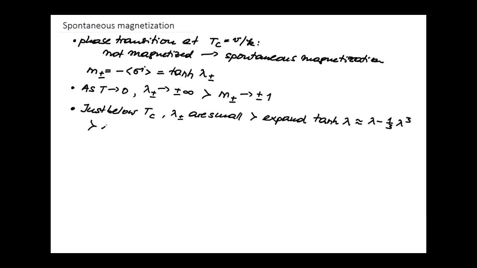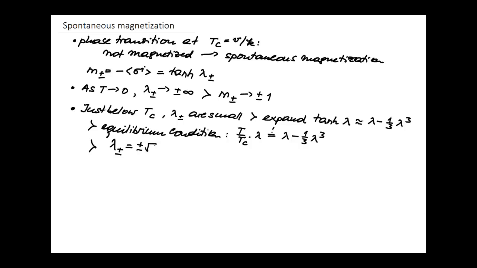Then the equilibrium condition, the linear function, we can also write in the form T over Tc times lambda. And the hyperbolic tangent on the right-hand side, we can approximate by its Taylor expansion for small lambda. So we replace that by lambda minus 1/3 lambda cubed. In this approximation, we can solve for lambda. We get an analytical result for lambda. We find that lambda plus or minus is then plus or minus the square root of 3 times the square root of 1 minus T over critical temperature. And this is, again, for small lambda,